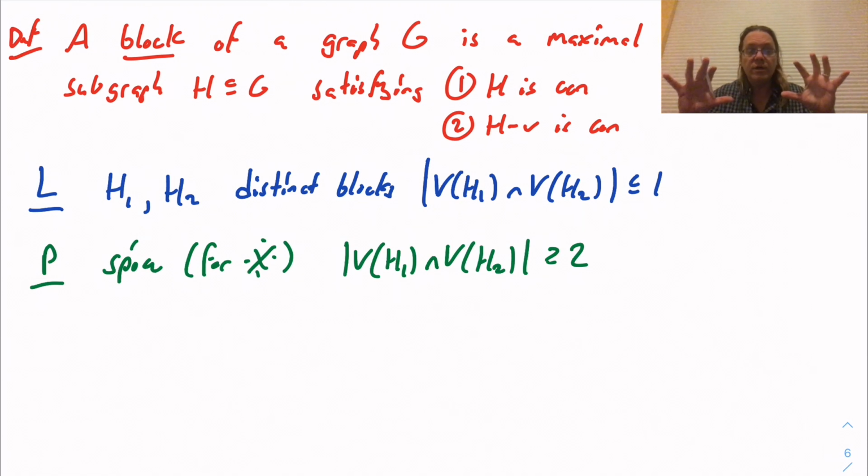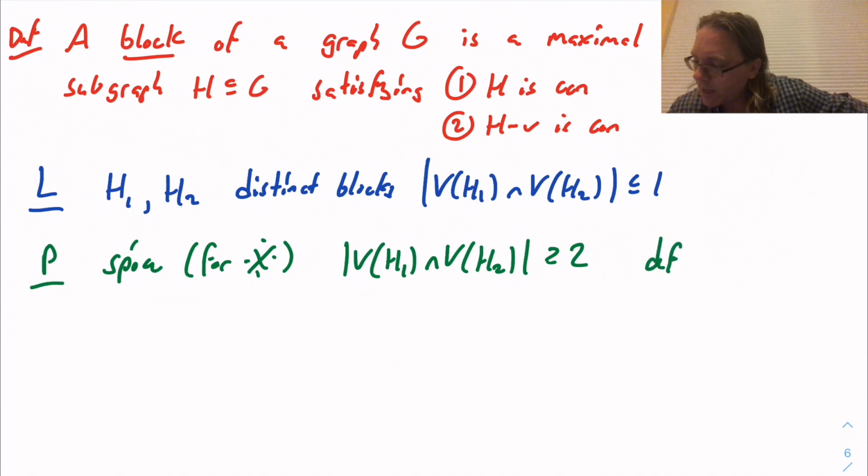I've got these two pieces of graph that are two connected, or almost two connected, in the sense that they just have two vertices. Now, what's going to happen here if they're sharing at least two vertices? Well, I claim that the union of those two is going to be even better. The union of those two is going to be connected, and is going to be connected when you remove any vertex. So let's suppose for a contradiction that H1 and H2 are overlapping in at least two vertices,